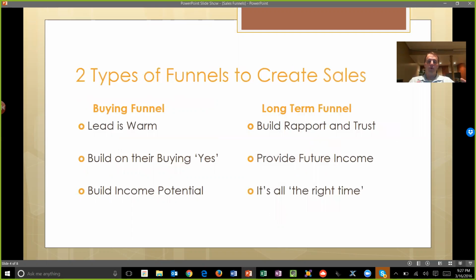Your buying sales funnel: what happens when they're ready to say yes? How can you take charge of that warm lead and really benefit from it the most, have both sides benefit the most from it, so you can build on that buying decision of yes and build on your income potential and start to get out of those little small commissions that you're trying to live off of? And we're also going to talk about the long-term sales funnel, because that is where you